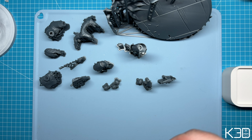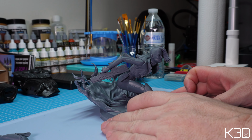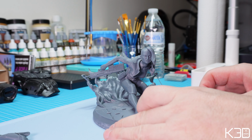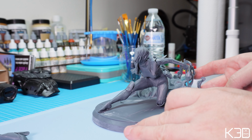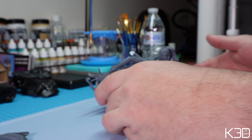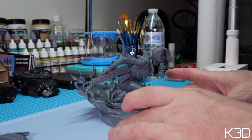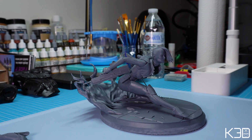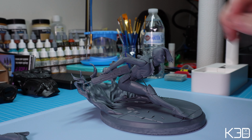All right. Here we have Mali assembled. As I told you before, it's a beautifully detailed figure, nice dynamic pose, as you can see. Let me spin it a little bit more over here so you can see more of the detail on it. It's just a beautiful piece. As I mentioned, it's a 10th scale, and as you can see, you might pick up some white spots on it. That's from sanding. I already started sanding some parts on it, and the next step would be applying a primer on it, to see more imperfections,